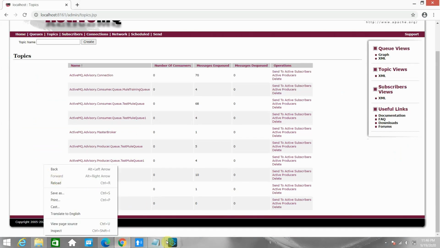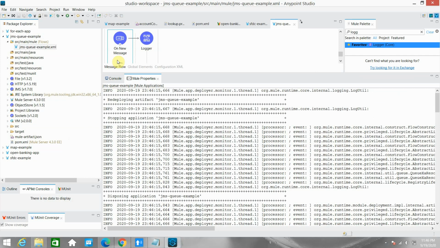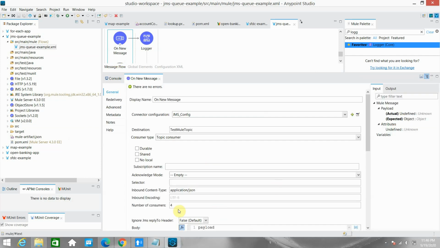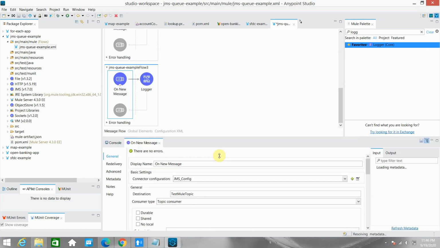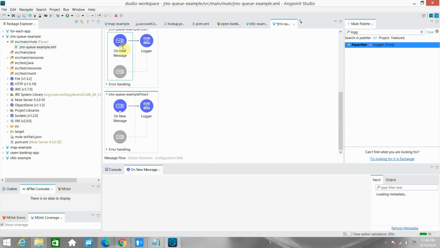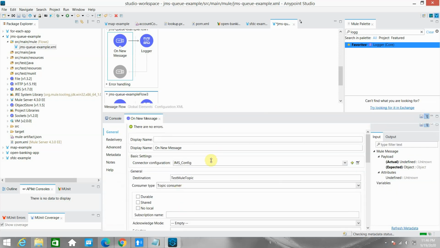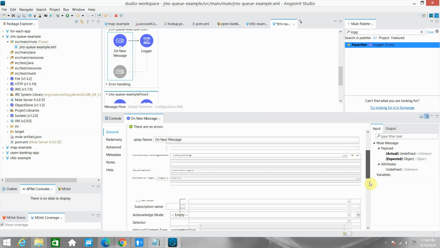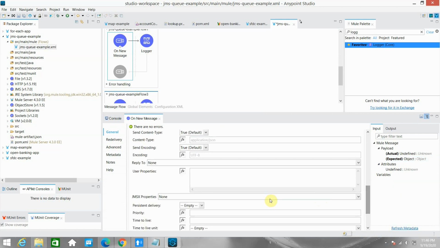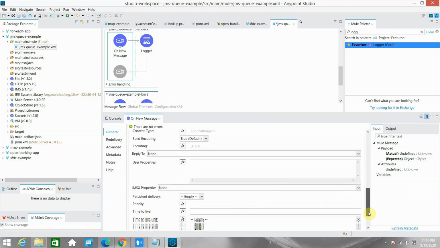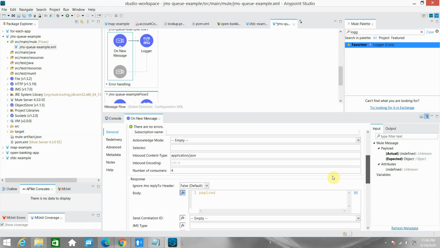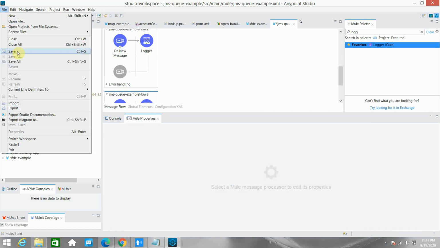Refresh it. I have to do one setting in topic. Always do that; I forget that. Always make the number of consumers 1 on the new message listener for both. Save it again.